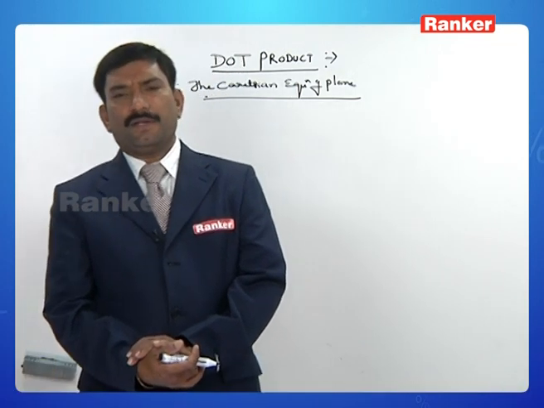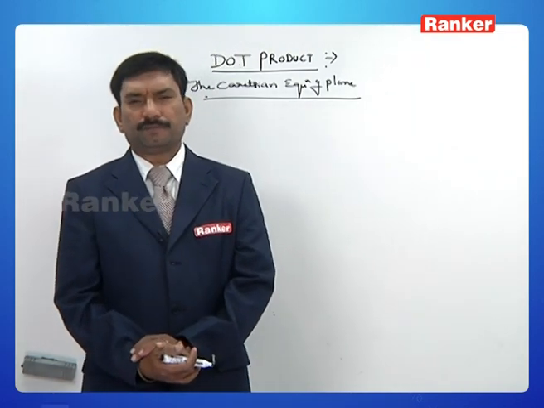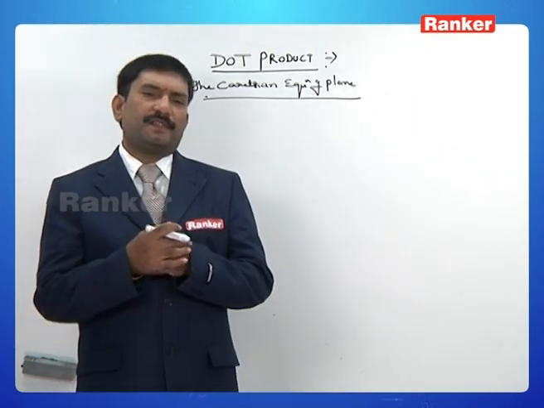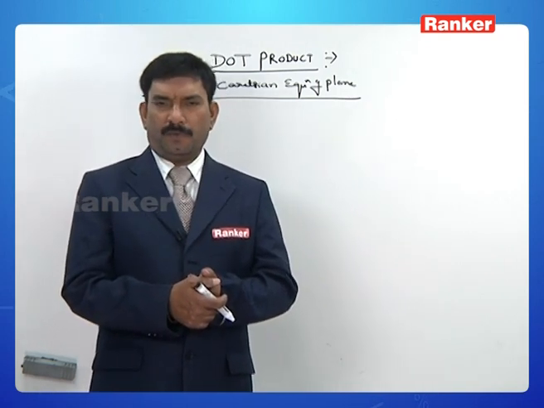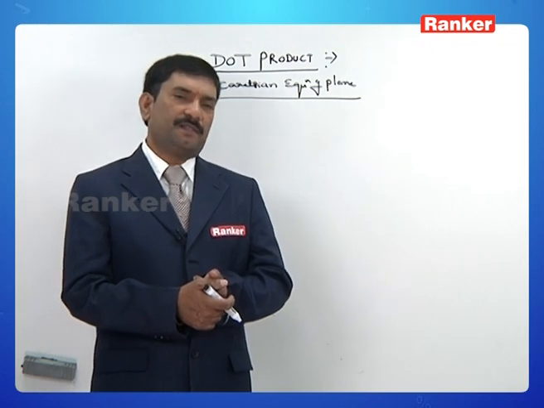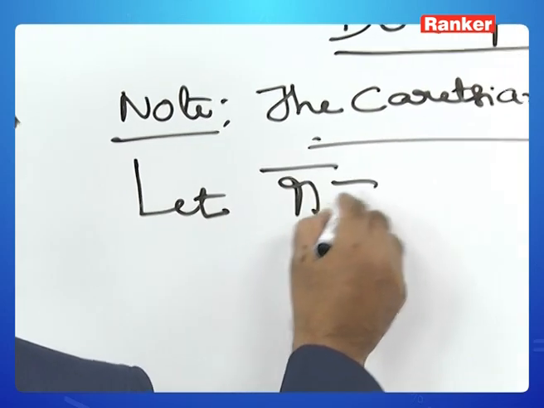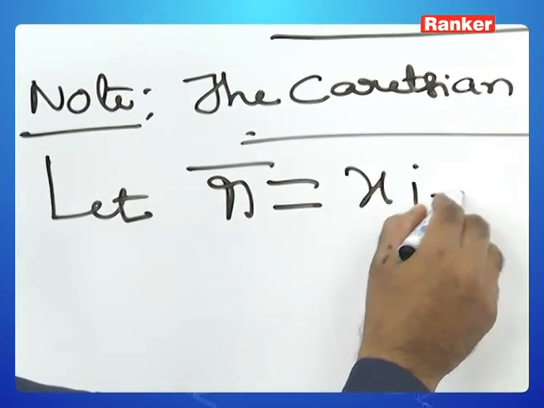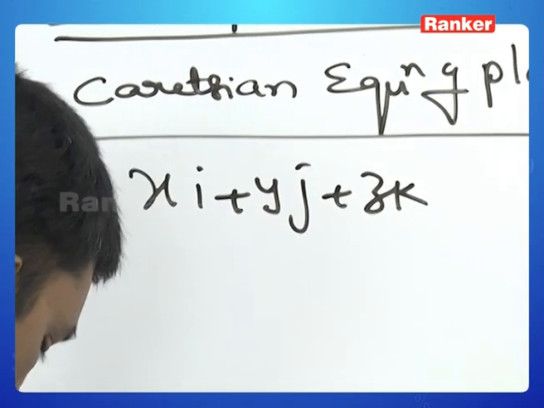Now the Cartesian equation of a plane, what is it? Instead of representing it as r bar dot n cap is equal to P, let us represent in terms of x, y, z. Let r bar is equal to xi plus yj plus zk